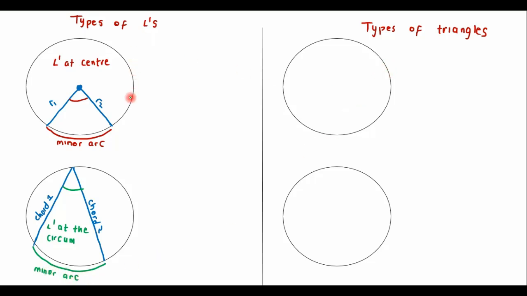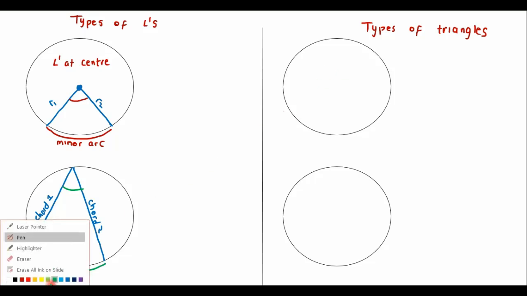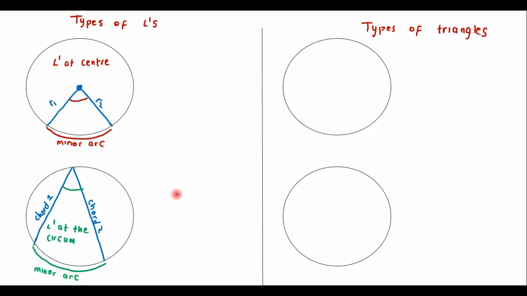And those are the two types of angles that you're going to be dealing with in Euclidean geometry, or that you have already dealt with. And now let's go on to the types of triangles that you're also going to be encountering in Euclidean geometry. The first one is called an isosceles triangle. Now here I'm going to be drawing a type of isosceles triangle that you always get most of the time, or that you should always look for, is when you're given two